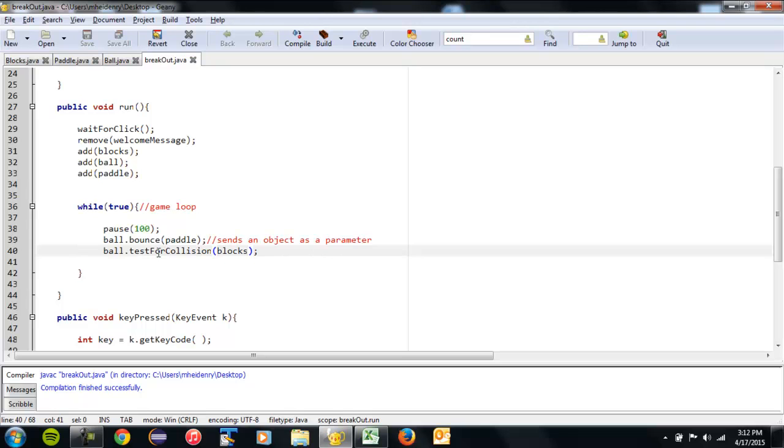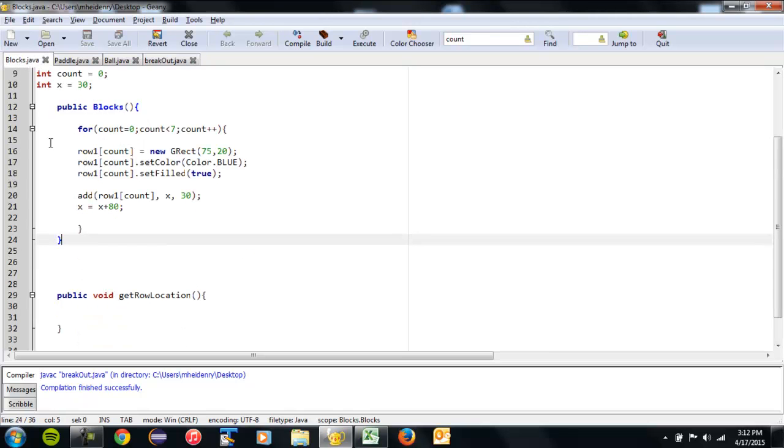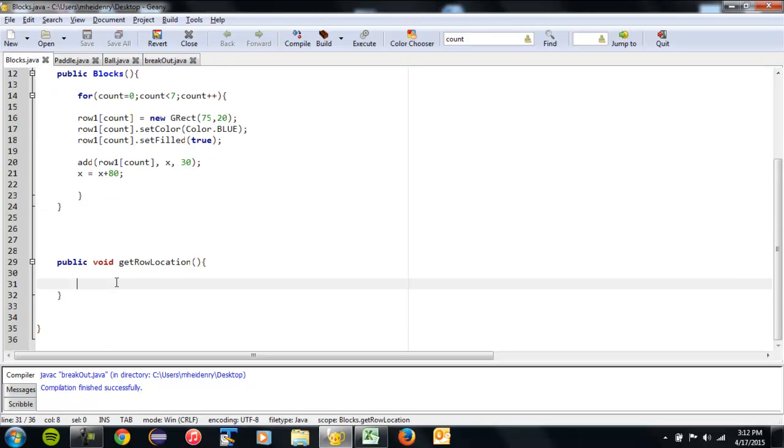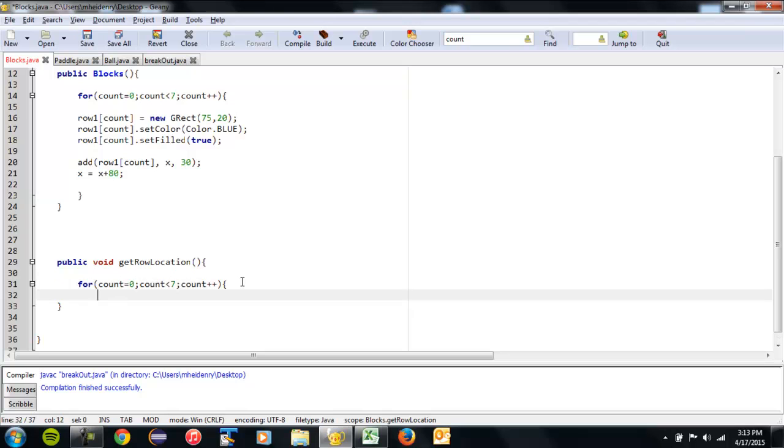Okay, and one of the challenges is that we're testing for a collision against an array. So let's go back to our new method, get row location. As we test for collision, we're going to use the same for loop to cycle through our entire array. So let me copy that. This will allow us to cycle through 7 times to check for each one, and the computer works so quickly that it's not hard work for the computer. So we can do something like